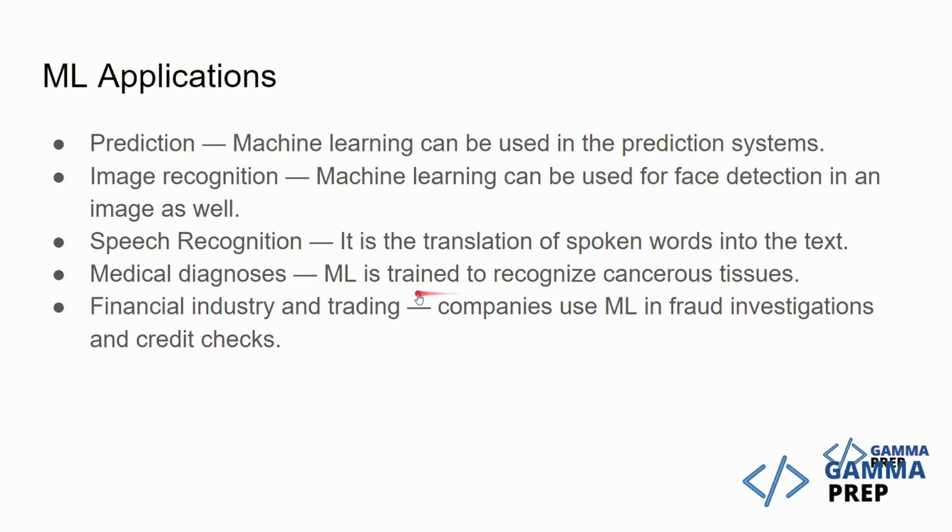Machine learning is used in every industry, so it's used in the biomedical industry also. One of the examples would be to recognize cancerous tissue. So does a person have cancer or does he not have cancer? It's also used in the finance industry. Right now machine learning and AI are being used everywhere. In all the fields that you see all around, machine learning or AI would be used in some way or the other. So it's a field which is really growing, and there are lots and lots of opportunities and jobs in this industry.